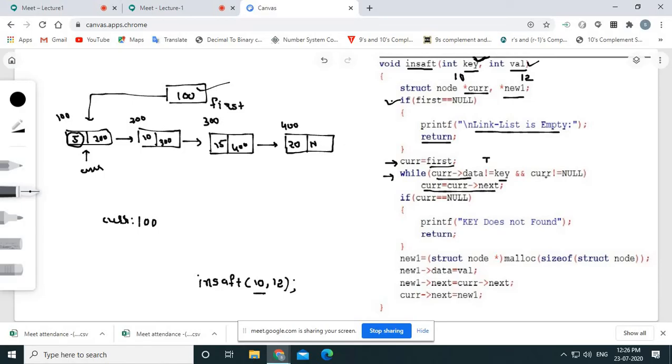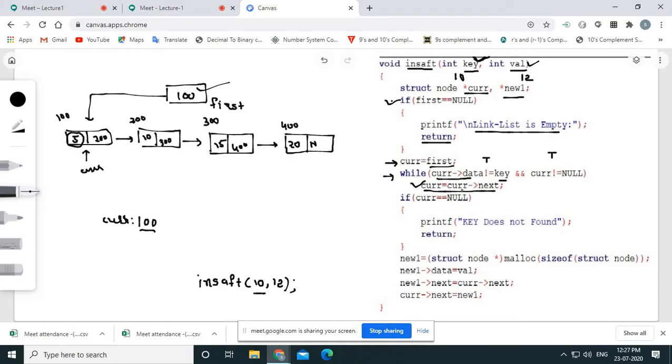Now the second condition: is current not equal to null? Yes, current is not null, current is 100, so again this condition is true, and we know that if both conditions are true, the computer has to execute this statement. So the computer will execute current is equal to current point to next.